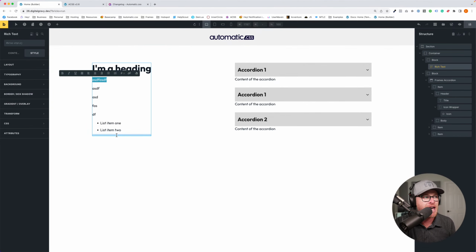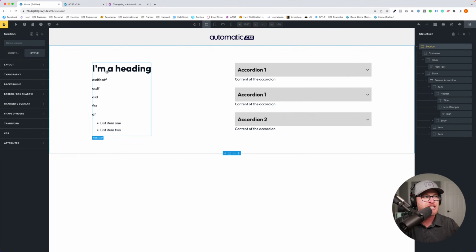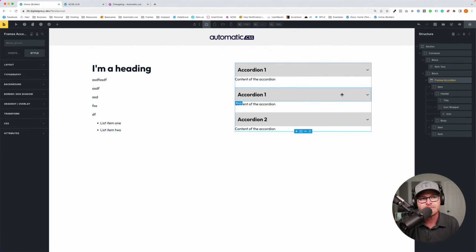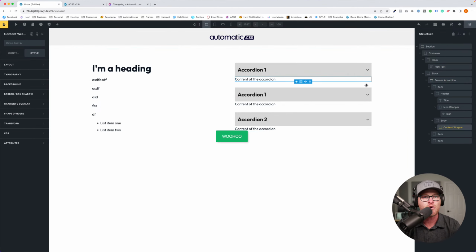Right now, this looks okay because smart spacing is on. If I turn smart spacing off, this would be a disaster going on right here. So smart spacing is able to reach into these things that you don't have control over and control them for you. Whereas with an accordion, I have control over that. So I don't need smart spacing there. I can just use my gaps as I normally would.